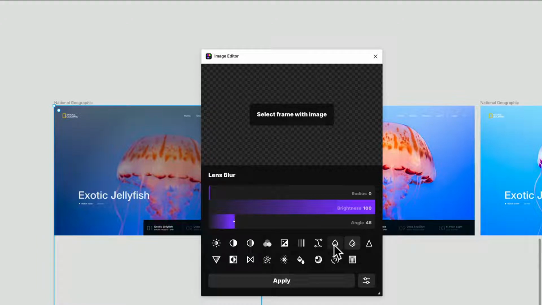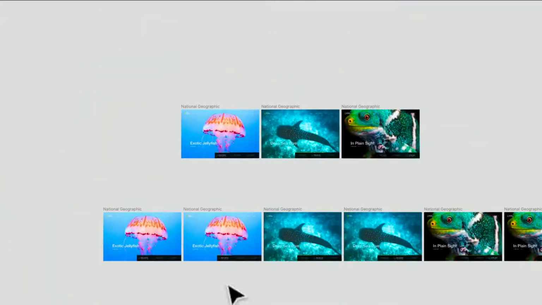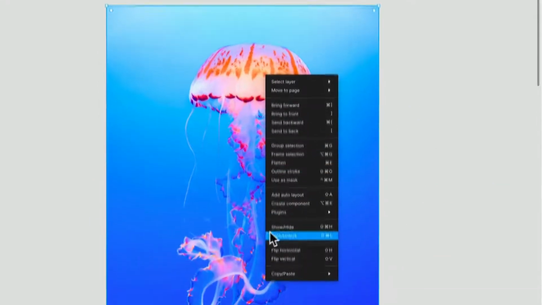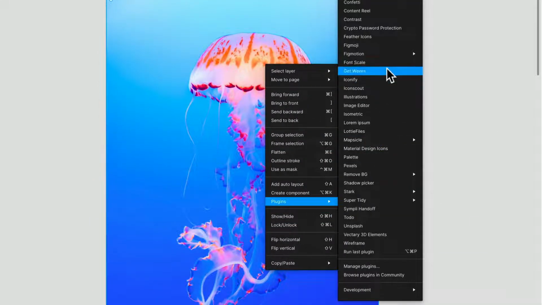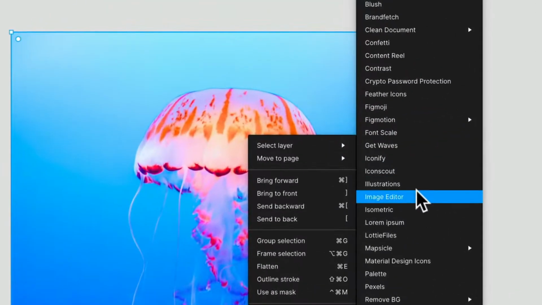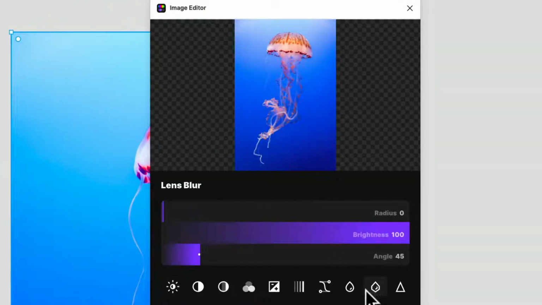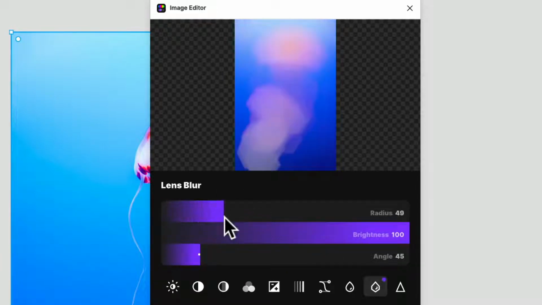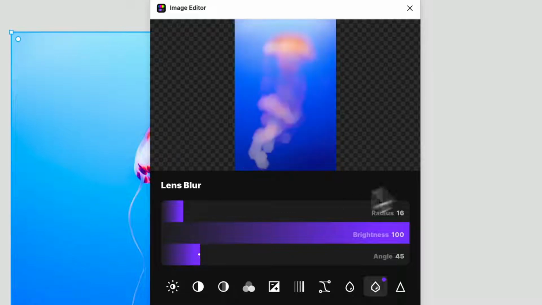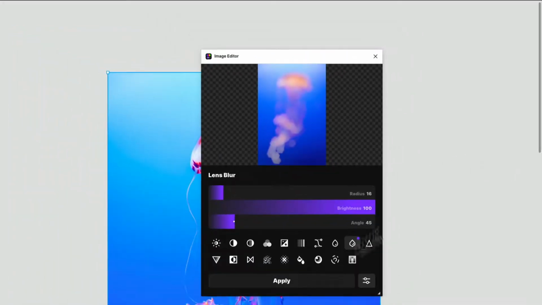So you can do a lens blur. I'll show you what that looks like. Let me just grab one of the images from here. So that was the actual image I have in there. Right click, plugins. Let's go to image editor. So you can see it there. And if I want to do like a lens blur, so you can start to see what that looks like. And if I apply it,